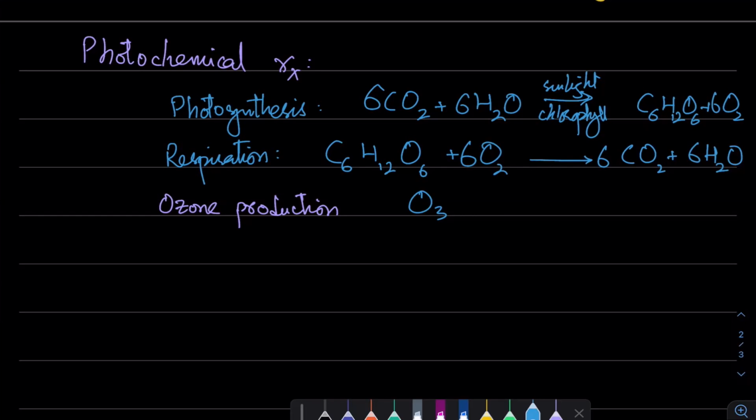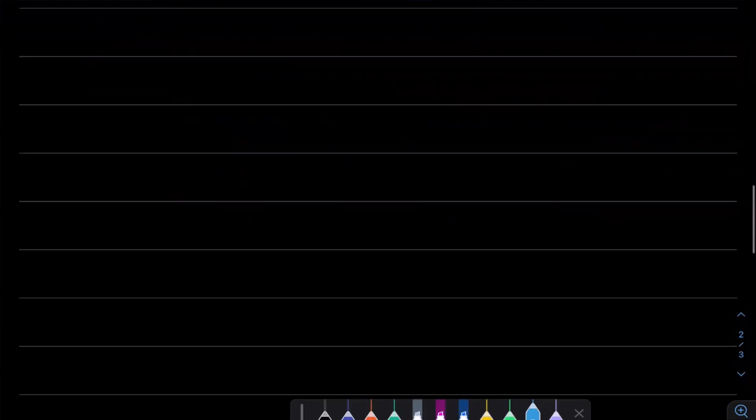So what happens in the upper atmosphere is that ozone is converted to O2 by some catalysts like chlorine. And at lower atmosphere, nitrogen monoxide is responsible for making it. And that is bad. So in the upper atmosphere, we need ozone. And in the lower atmosphere, we don't want it because it causes harm, and it is made through a photochemical reaction. So that's another important aspect of this chapter. Another one is acid rain.